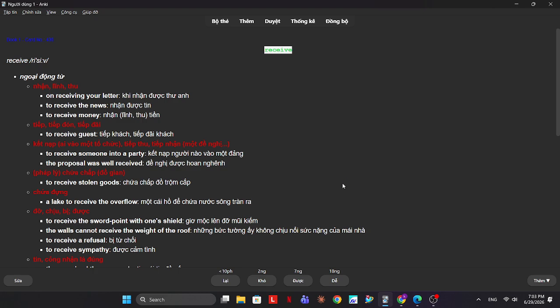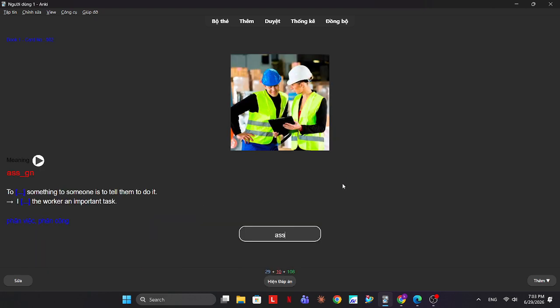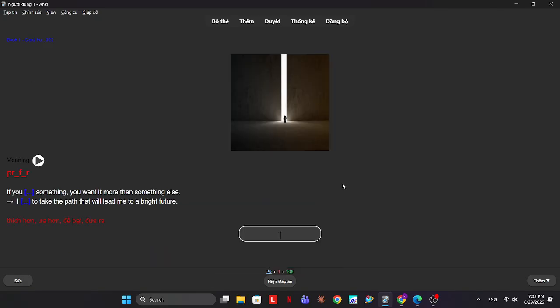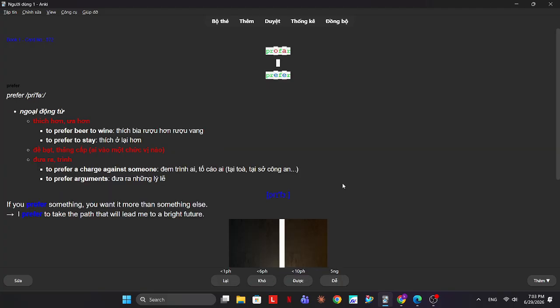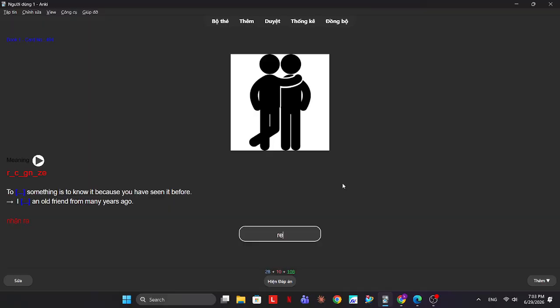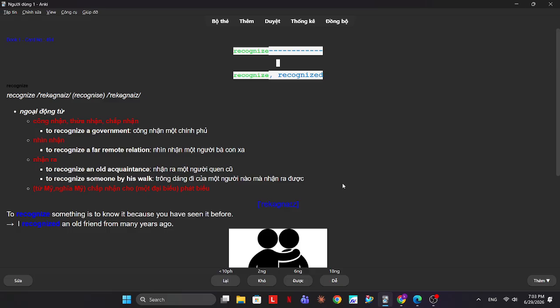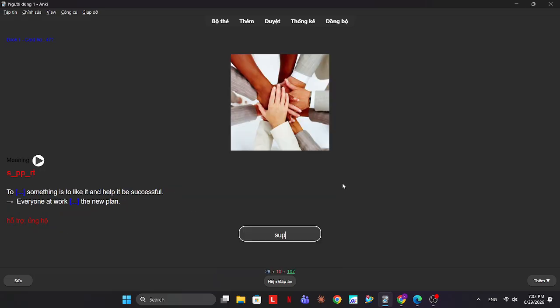To assign something to someone is to tell them to do it. Assign. If you prefer something, you want it more than something else. Prefer. To recognize something is to know it because you have seen it before. Recognize. To support something is to like it and help it be successful.